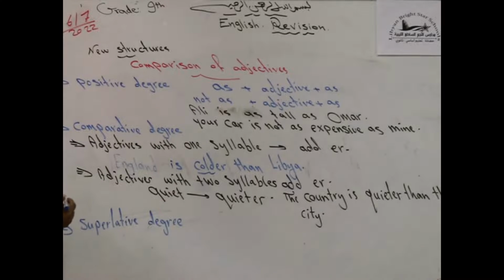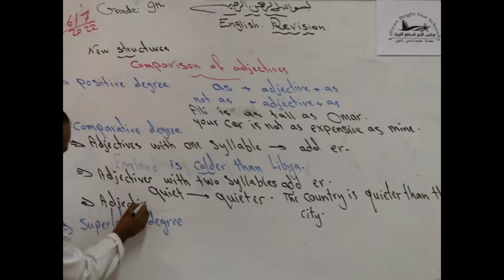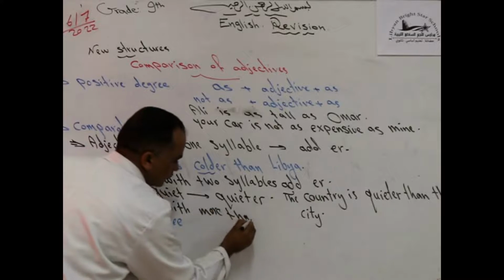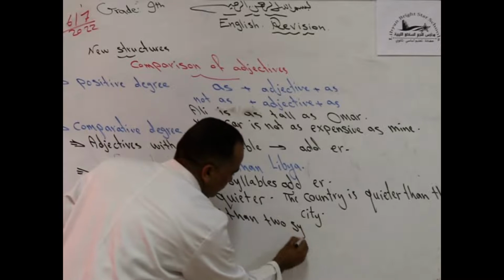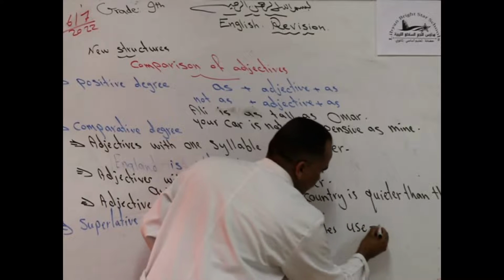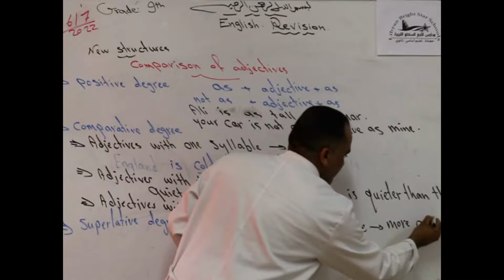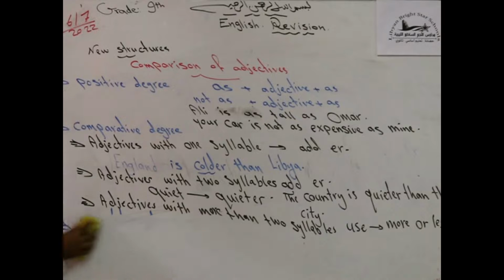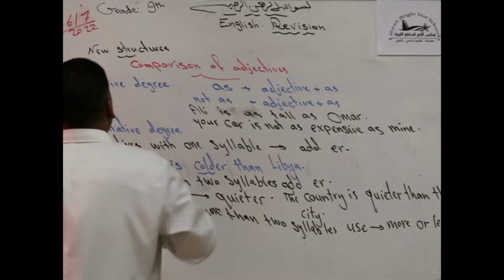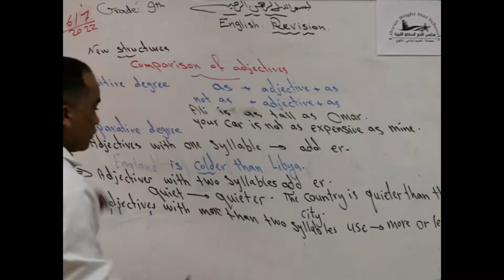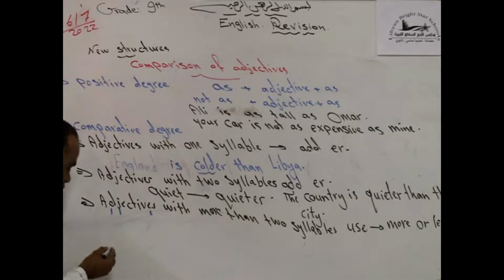Adjectives with more than 2 syllables use more or less. Adjectives with more than 2 syllables use more or less to make comparison. If we have a long adjective, we use more or less to make a comparison between two. For example,